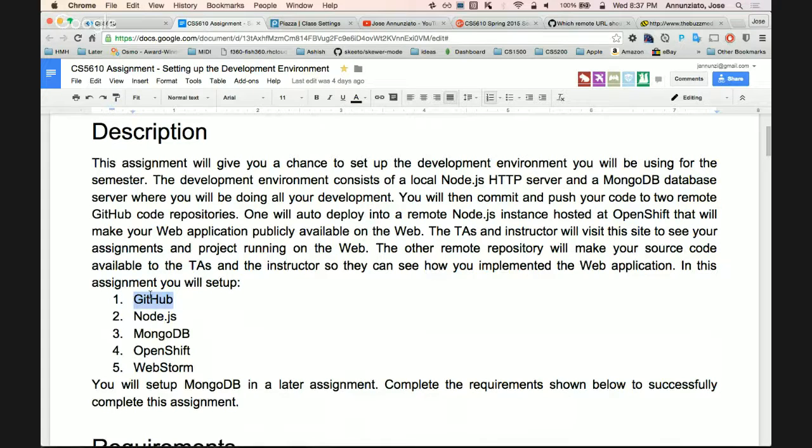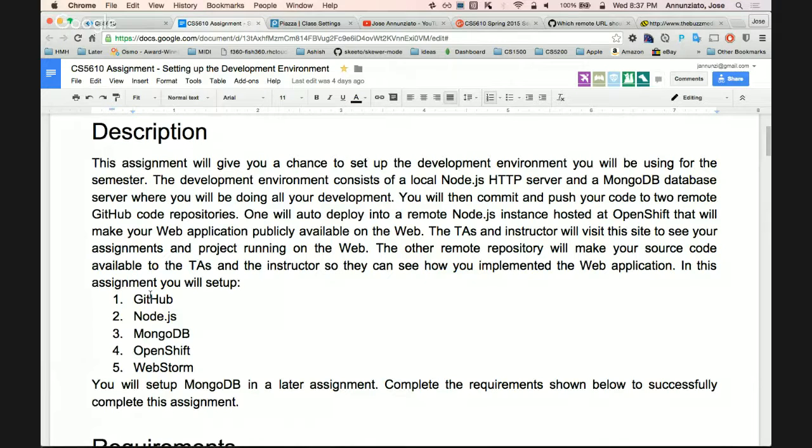It asks you to open an account in GitHub if you don't already have one, preferably a personal GitHub account, not necessarily the school's GitHub account. A personal one. With GitHub, I will be able to follow your work. I'll be able to see a history of your work. I'll be able to see if you have been working consistently throughout the semester. And I expect that you will have been working consistently throughout the semester, even small little things each day. I'd like to see that you touch the file, that you fix a spelling here and there.